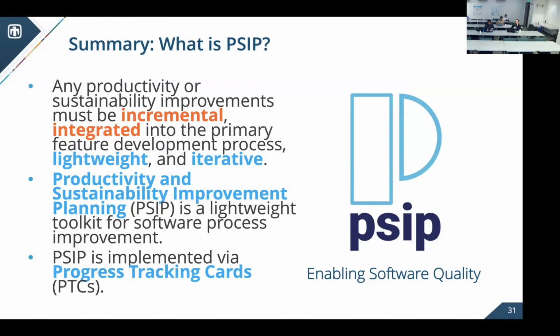All right. Okay, so what I want to do now is it's all about progress tracking cards. That's the core of it. What does that really mean, right? What does that look like when teams do them, right? So a progress tracking card